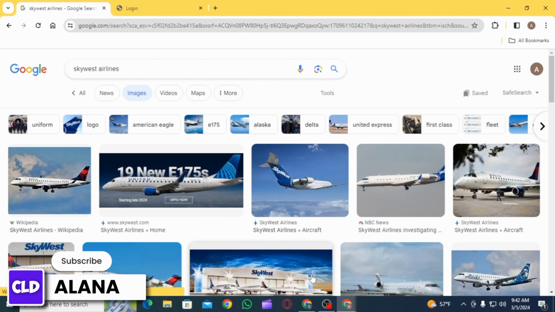Skywest Airlines is an American regional airline headquartered in St. George, Utah, United States. Skywest operates and maintains aircraft used on flights that are scheduled, marketed and sold by four partner mainline airlines. If you are the employee of Skywest and you want to log in, simply open up any